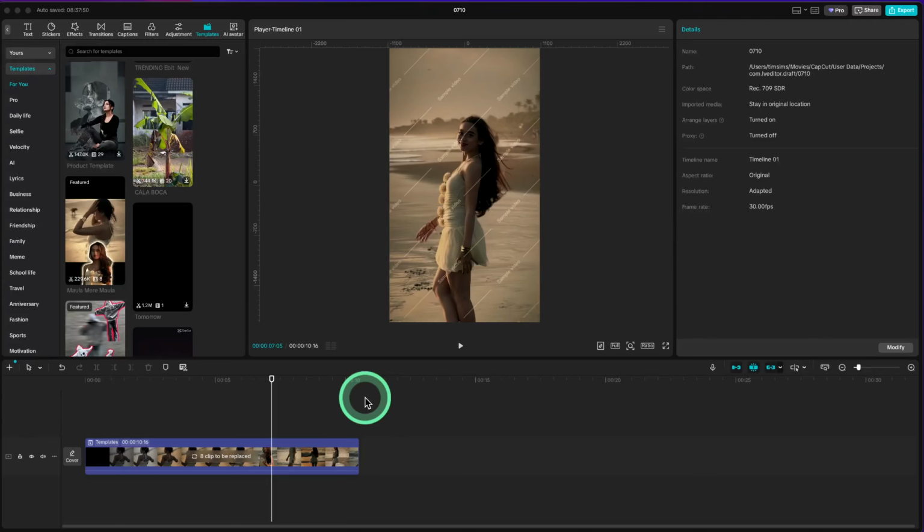In today's video, I'm going to teach you how to apply a smoke overlay effect in Canva and CapCut. Whether you're looking to create a dramatic, moody atmosphere or simply add a creative touch to your videos or images, smoke overlays are a fantastic way to elevate your projects. By the end of this tutorial, you'll know exactly how to use both Canva and CapCut to seamlessly integrate this